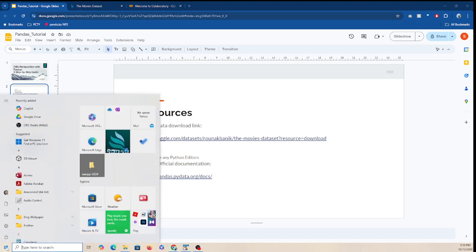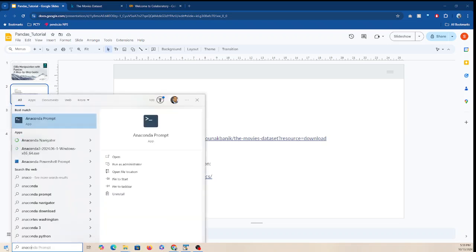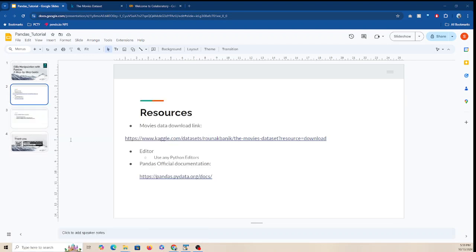So go to the Start menu and look for Anaconda Navigator. Open this up. It will take a few seconds to start. And it's starting. So while it's starting, the other thing you probably should be aware of is the official